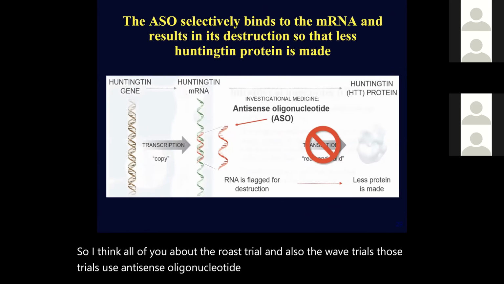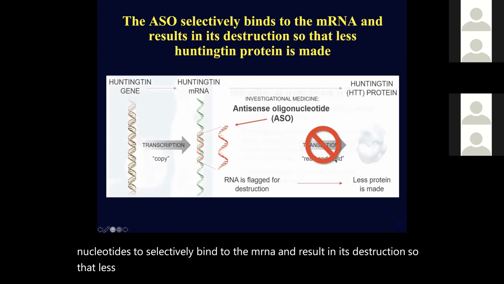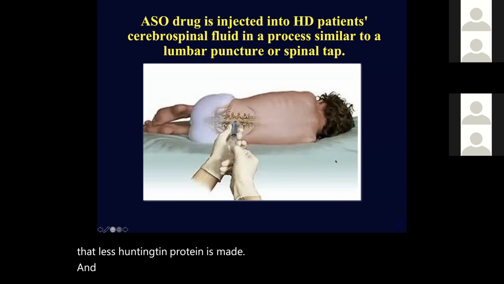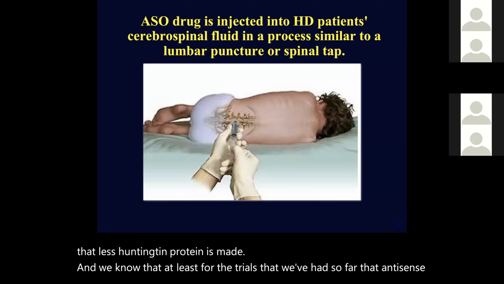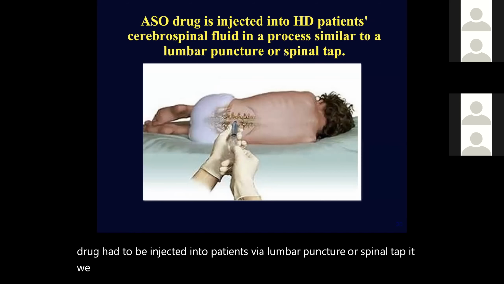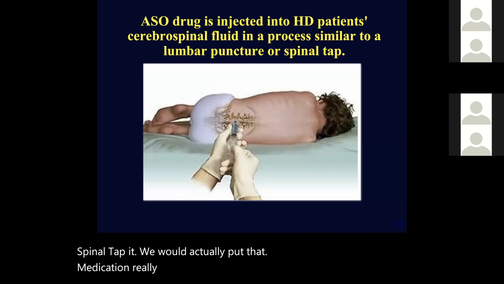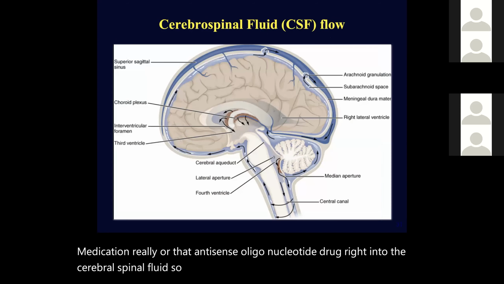They ask those antisense oligonucleotides to selectively bind to the mRNA and result in its destruction so that less Huntington protein is made. And we know that, at least for the trials that we've had so far, that antisense drug had to be injected into patients via lumbar puncture or spinal tap. We would actually put that medication, really, or that antisense oligonucleotide drug right into the cerebrospinal fluid